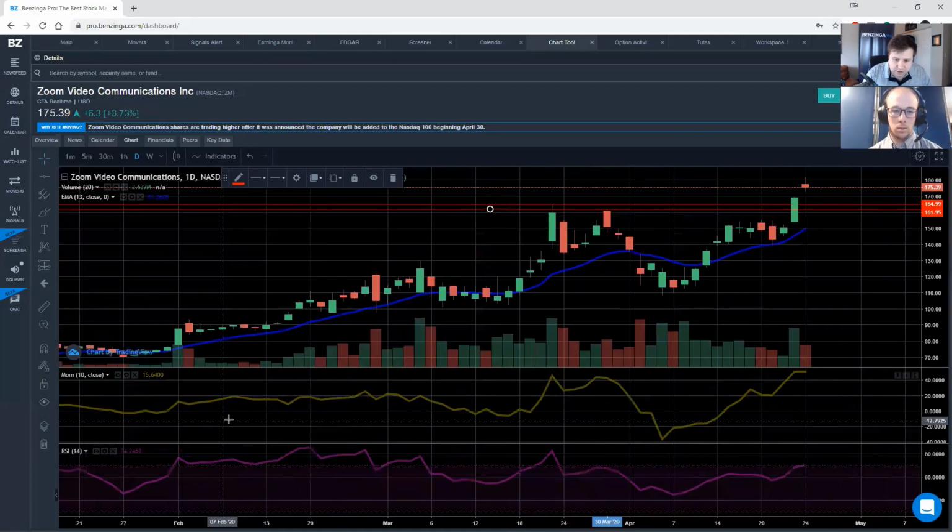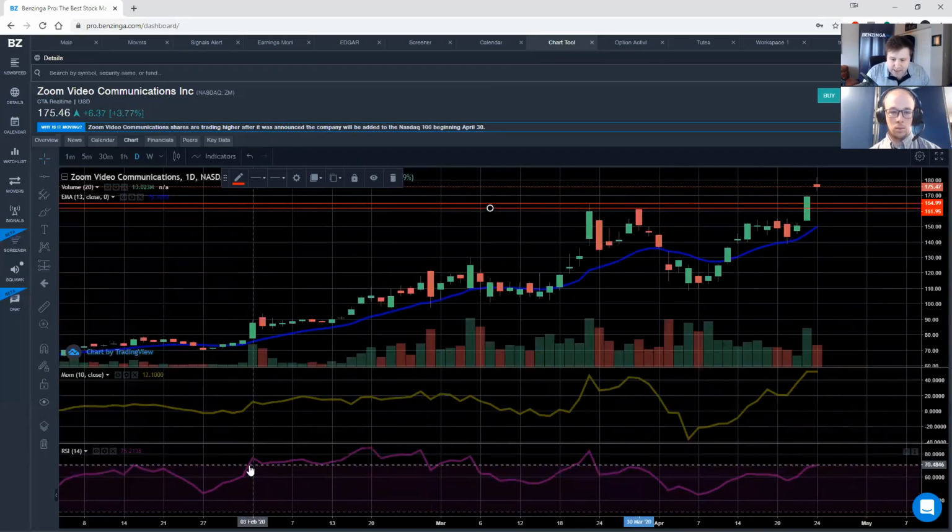Well, if you take a look a little bit further back, you can see back here in the beginning of February, you went ahead and broke above 70. And then it actually continued above that 70 line. And look what happened with the price. The price actually, you have this nice, powerful green candle. And then we have some rather